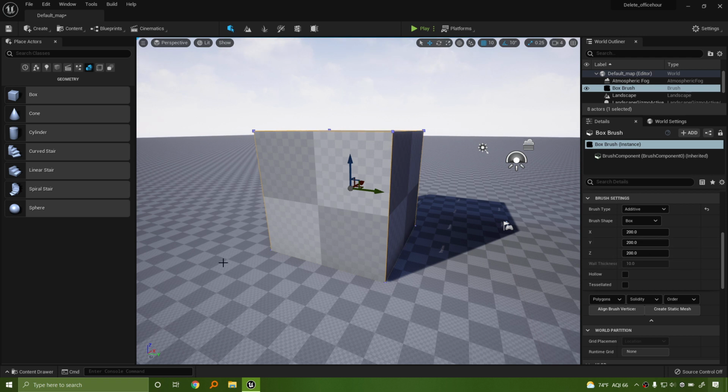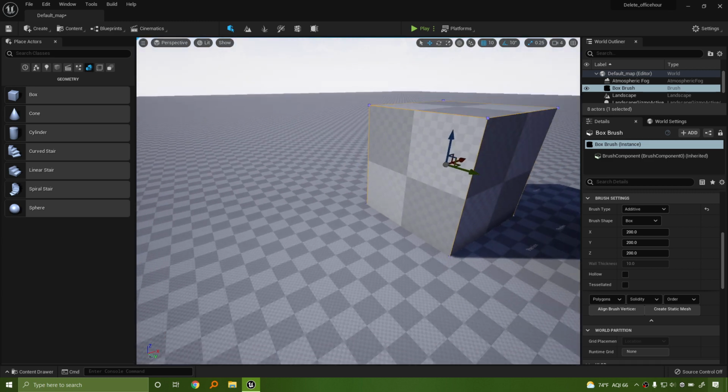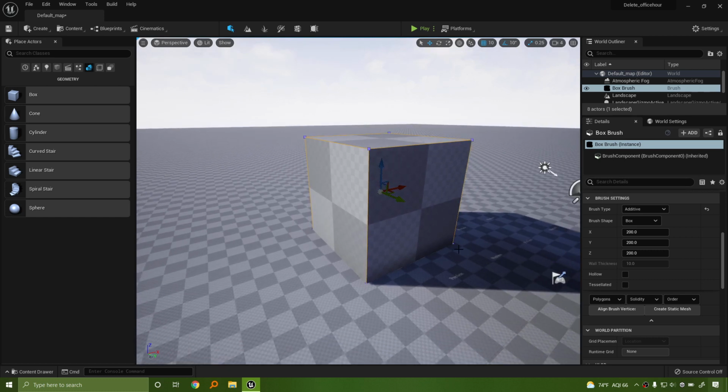All you've done is increase the size of its bounds, and it resets to its coordinate system. It changes the size of the brush, but doesn't change the size of the data inside the brush.